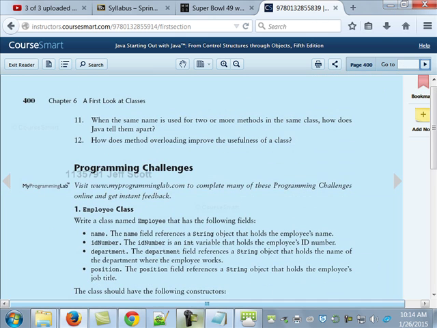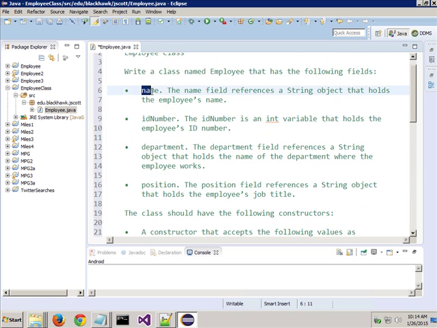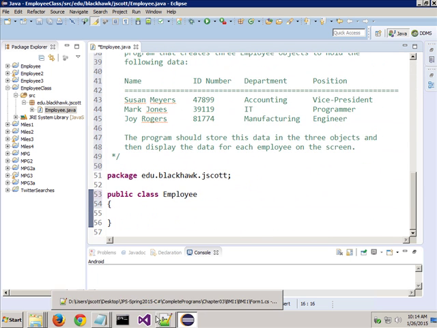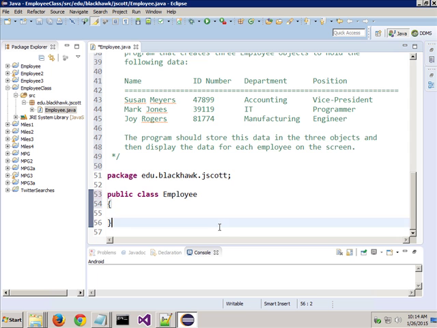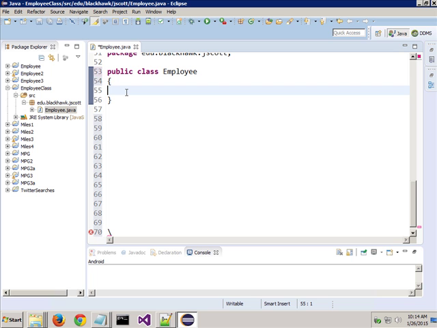All right, so I'm going to come back in here, and I'm literally going to start keying in some code. So the first thing, as I said, is we need these 4 pieces of data: a name, an ID number, a department, and a position. If you would all please, I'm going to hit enter a few times just so I can move that up. You don't have to do that. I'm going to enter those 4 pieces of data, but please watch what I'm doing here because I'm going to do it a little differently than we did it last time. So I'm going to create those 4 pieces of data. Don't worry about typing them in yet. I'll give you time. I'm going to have string, emp name,